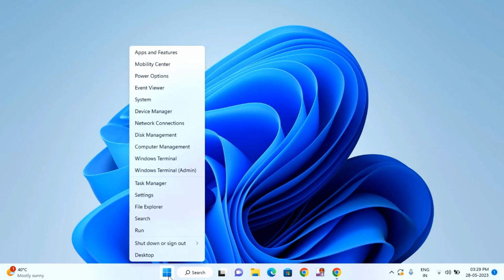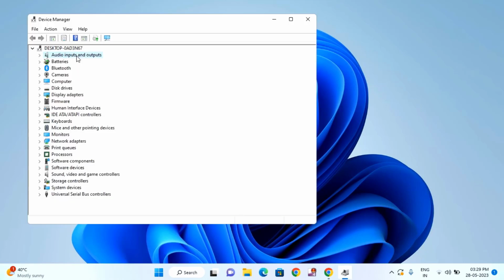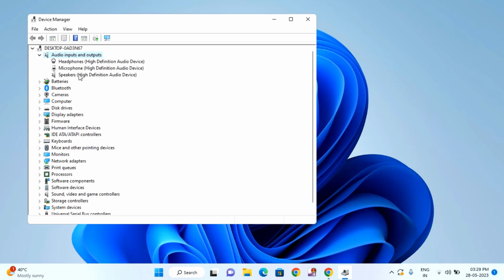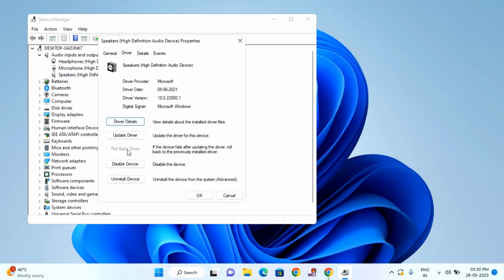Again you have to right click on start menu and click on device manager. You will find your audio input and output. You just need to select, right click on your device and click on properties. Click on driver and click on rollback driver